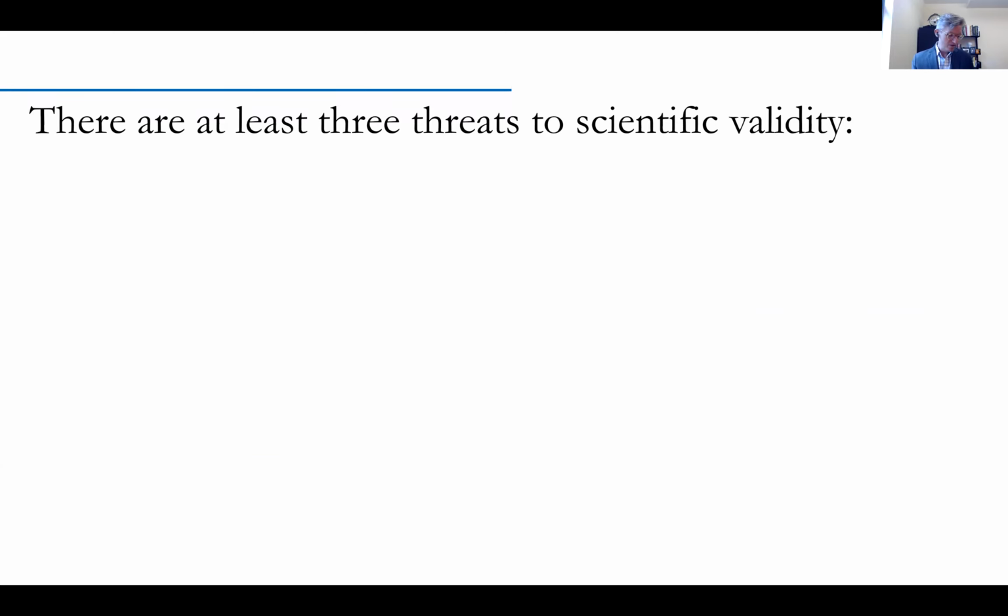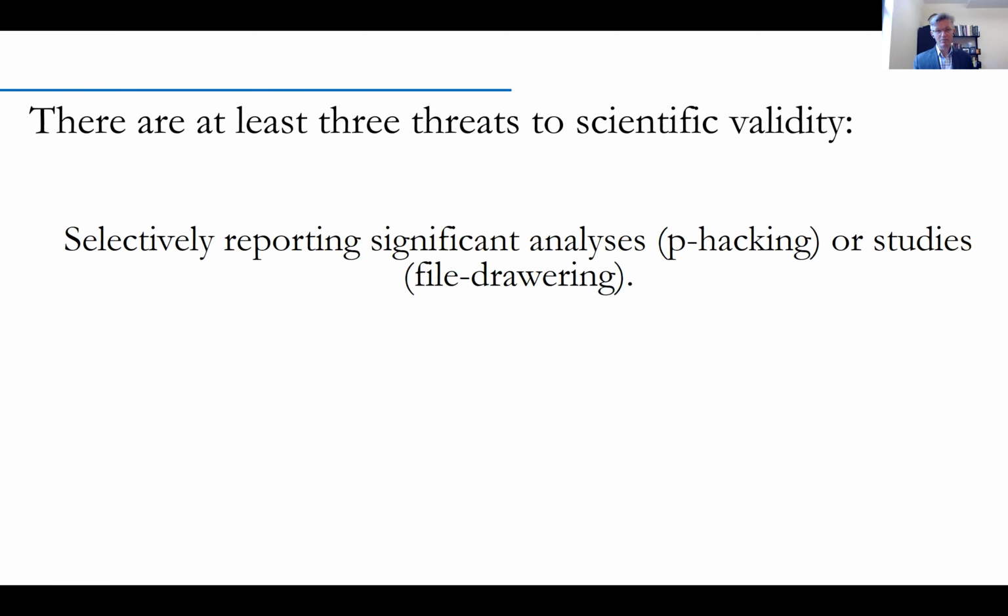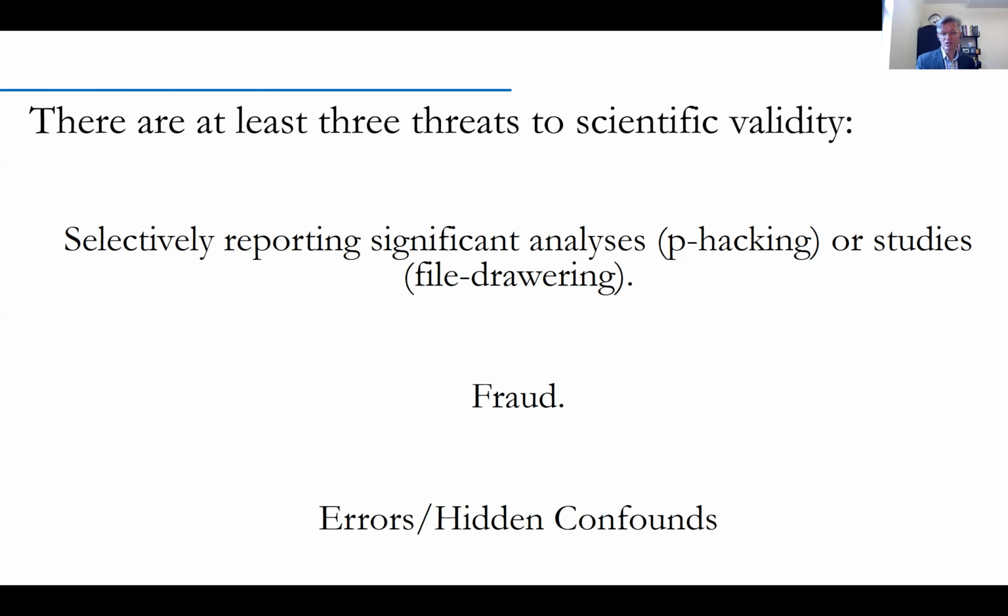So I'm going to focus on three threats to validity. I'll spend most of the time on the first two, and we'll see how we get to the third. Selective reporting in different ways clearly matters, and it's part of the topic of what Ted was just referring to, either p-hacking or file drawering of studies. Fraud, sort of making up data from scratch or adjusting it in a way that is not simply selective reporting, or errors or hidden confounds. And this is sort of a lurking case-specific version that has always been there, and our field is meant to be a good